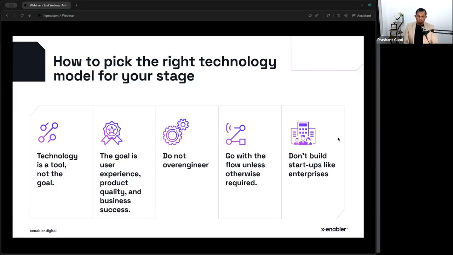So what you need to do is basically determine what you are trying to achieve. And the first concept we all need to be clear about is that technology is a tool. It's not the goal. It's the tool that you use to achieve the goal. Now, the goal, as we saw in the other example, is actually the speed of transport, right?